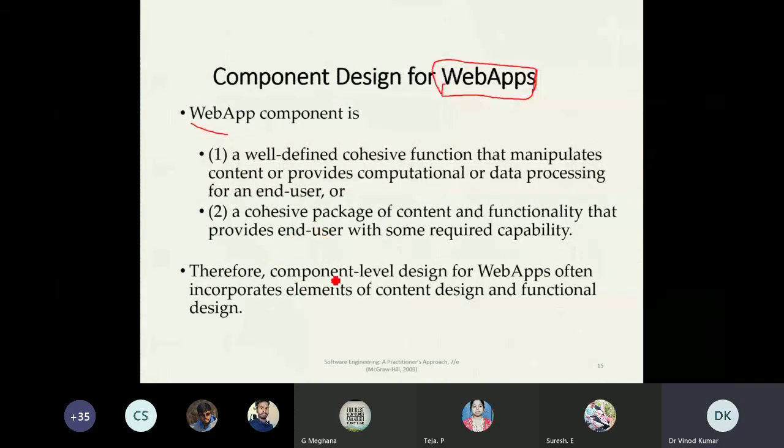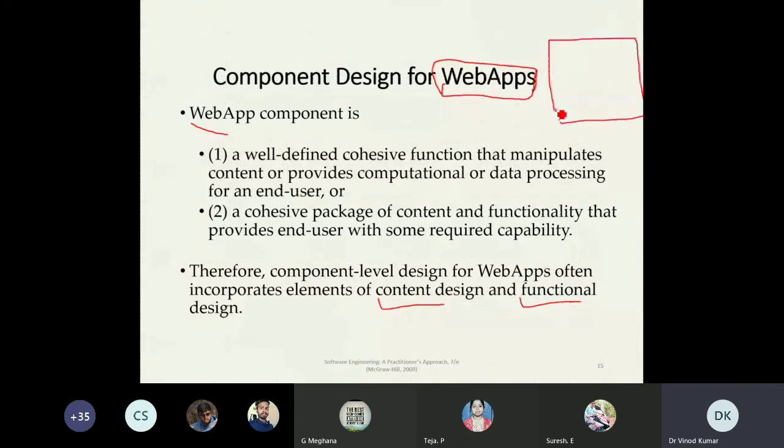Next, therefore component level design for web apps often incorporates elements of content design as well as functional design. So what is content design? Some different components are there.